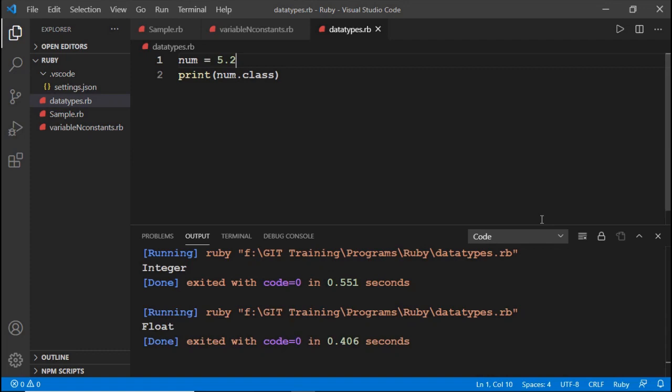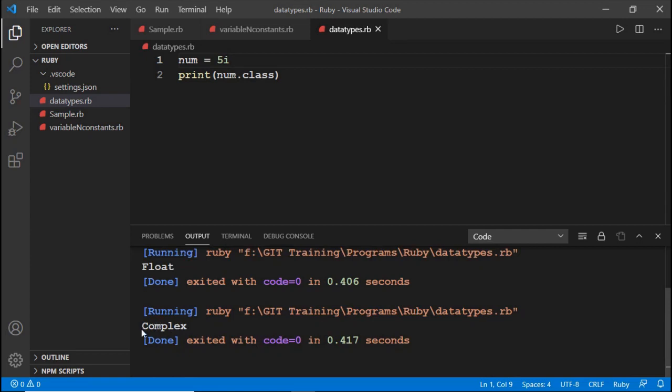Next, if you assign a complex number to this variable, which also comes under number, it displays as the Complex class. See here the output as Complex.